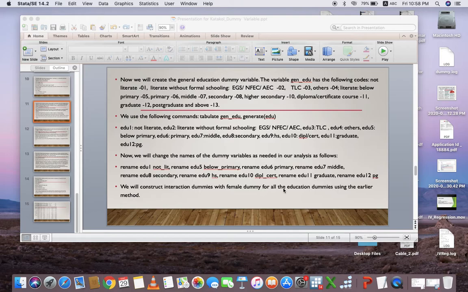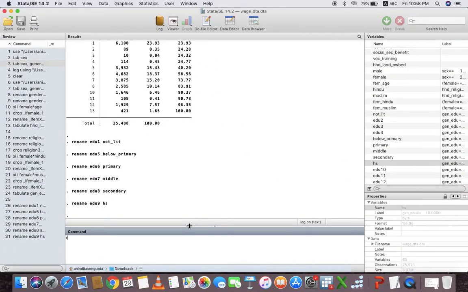Edu 10 as diploma certificate, DIPL underscore CERT.